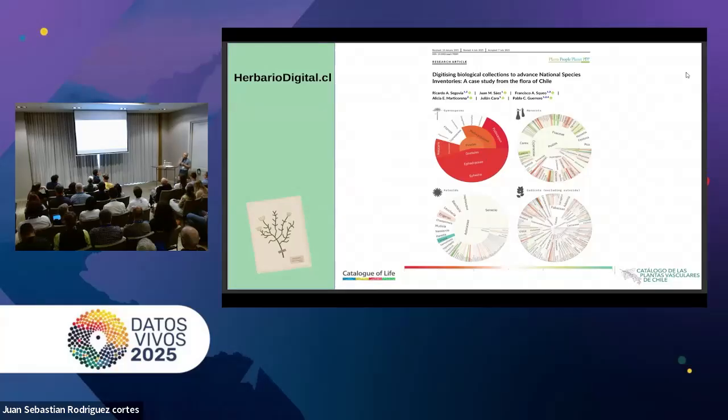Also, we have our first scientific product. We wrote our first paper. In this paper, we compared our taxonomic index with a global taxonomic index. So we downloaded the Catalog of Life, and we filtered it with the species with occurrences in Chile according to GBIF, and we created a Catalog of Life for Chile, and we compared it with our